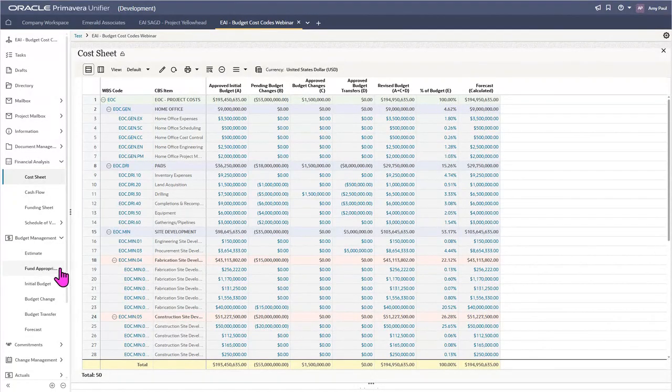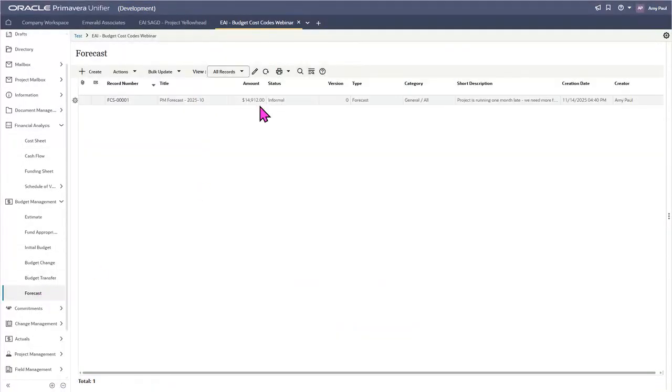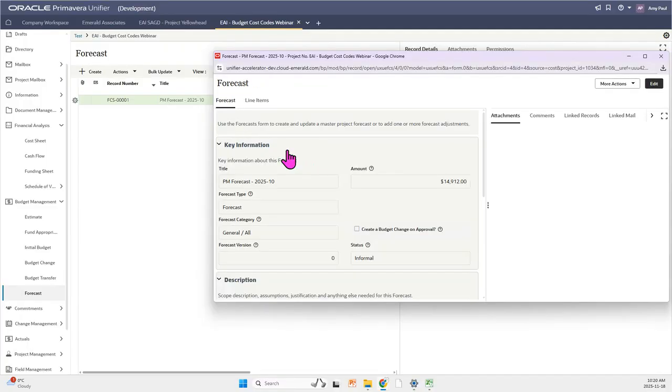So let's change that and go into our forecast section. So here you can see that we have a past forecast for October. So this one is set for status informal rather than active, which is why it wasn't showing in our cost sheet. So if we open this one up,